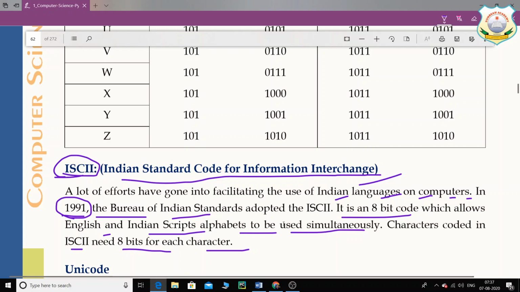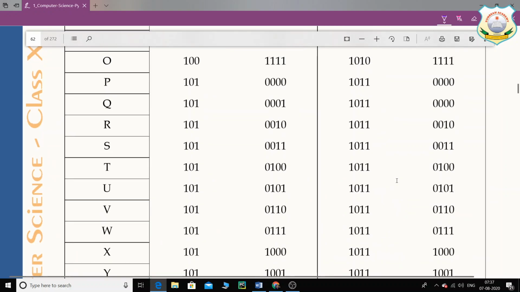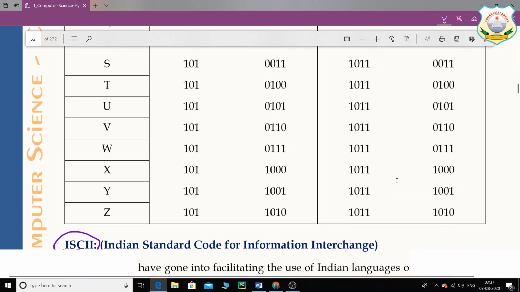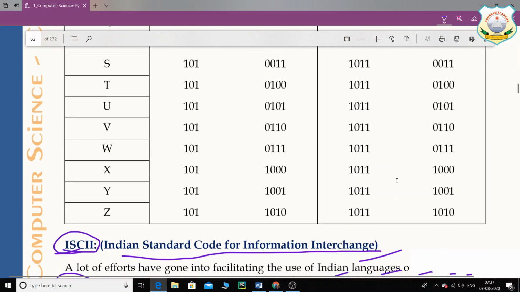Basically, maybe in government offices or the government sector this code is used, but we are not. We also have fonts, which use some codes, but this is an ISKI code, which is used for the keyboard. Okay, so we are not using this key code, we are only using the ASCII code. ASCII is something that is used universally everywhere.